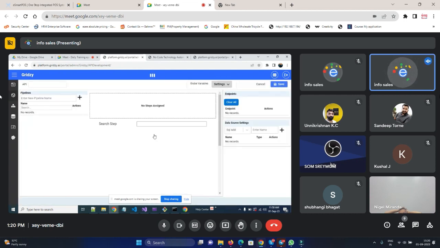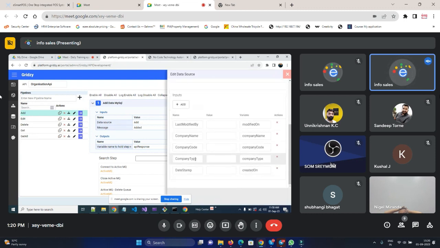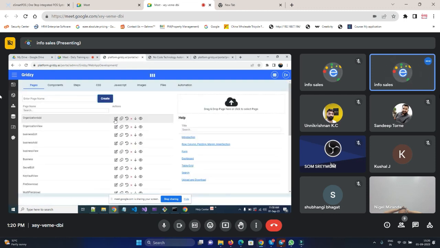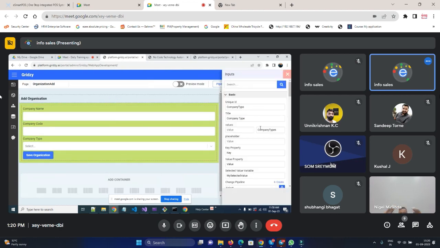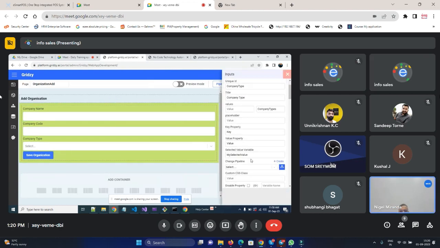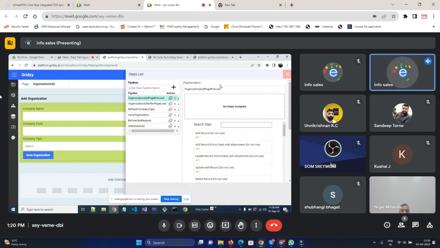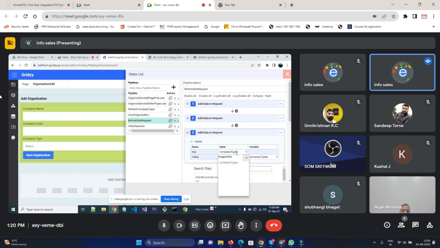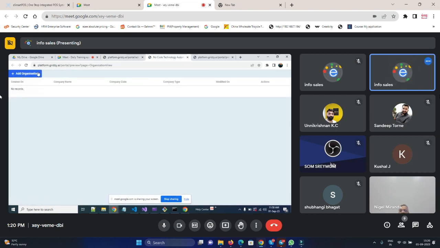open the data API. In the add data source, so this is my add data source. Here it is just company type. So I'll just change the variable name to company type. So let me edit. I'll change it to company type, and then in my add data to request, I'll change it to company type. That's it. Now if I refresh and add